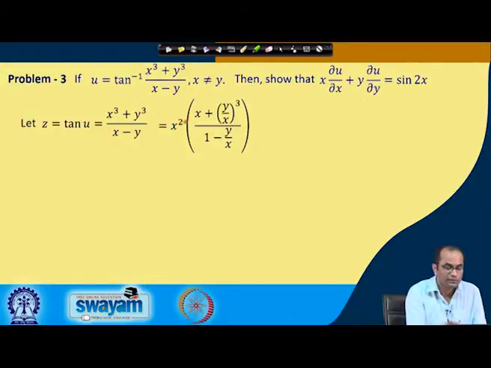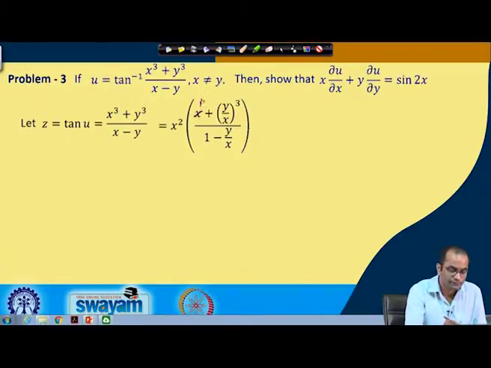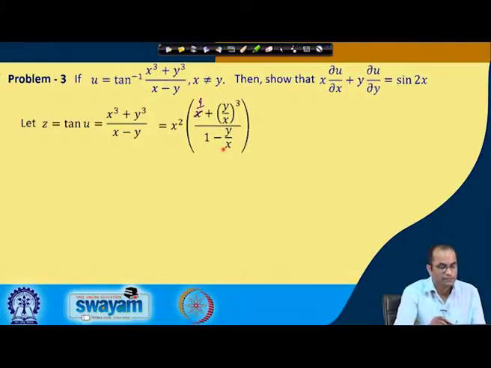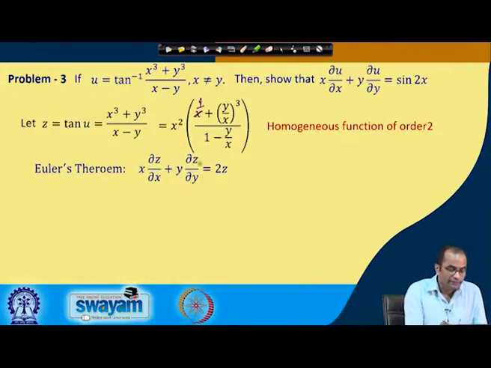So we have x square times (1 plus y over x) whole cube, over (1 minus y over x). So this is a homogeneous function of order 2, and then we can apply the Euler's theorem on this function